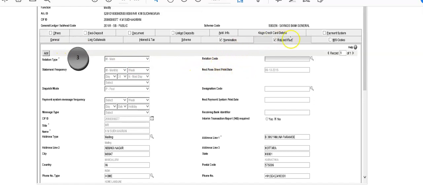Now as you click here on related party details, the first page will show the details of the individual original account holder. So you don't have to do anything in this page. For adding the joint account holder's KIF ID or details, you have to click on add here. Please don't forget add here. The same screen will appear on your computer after you click add, and the same details are to be entered. Just type the KIF ID here and all the details shall be populated and your account will become a joint account.